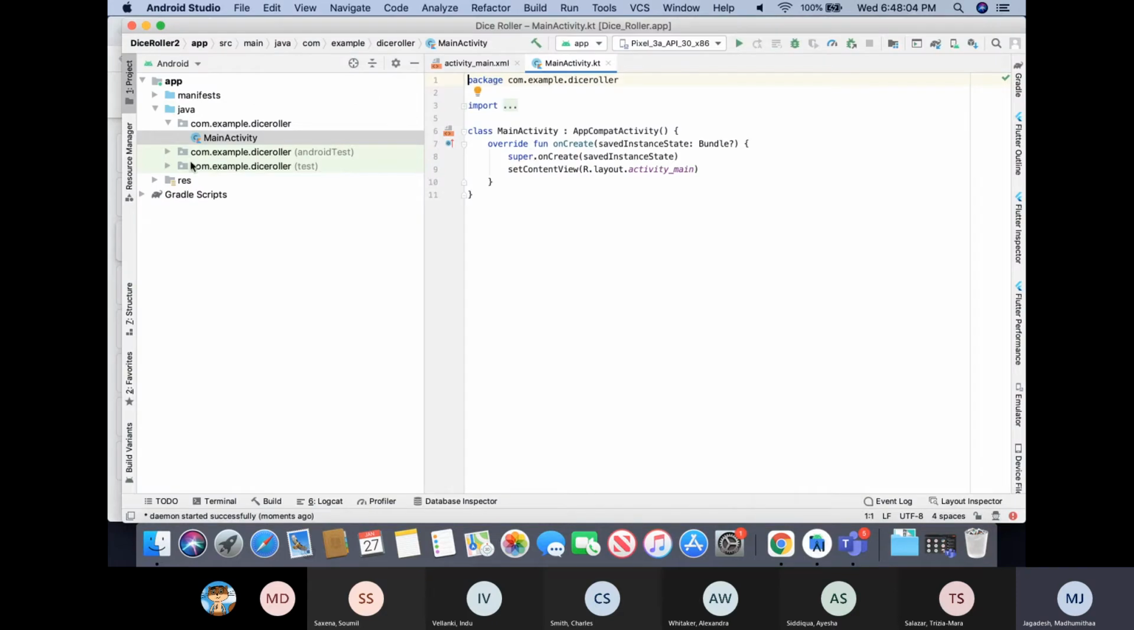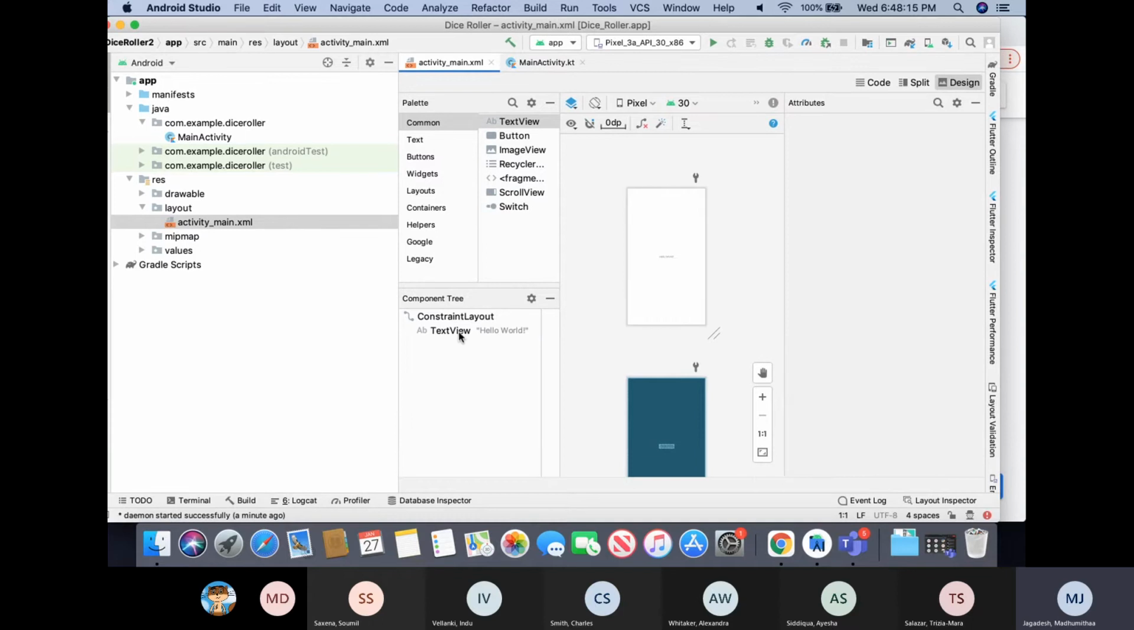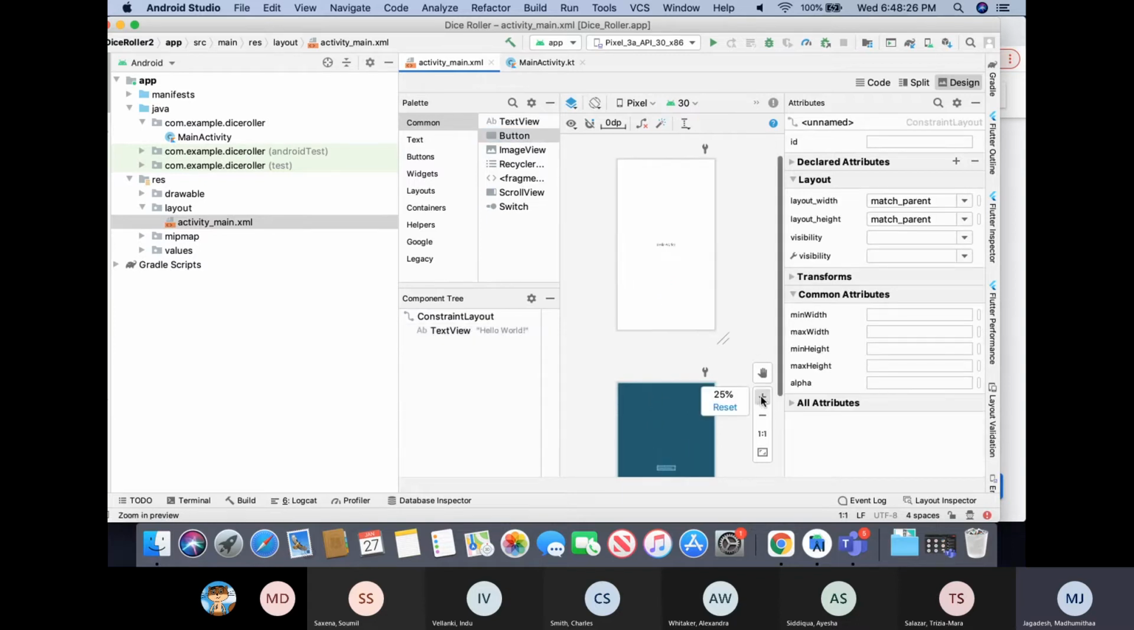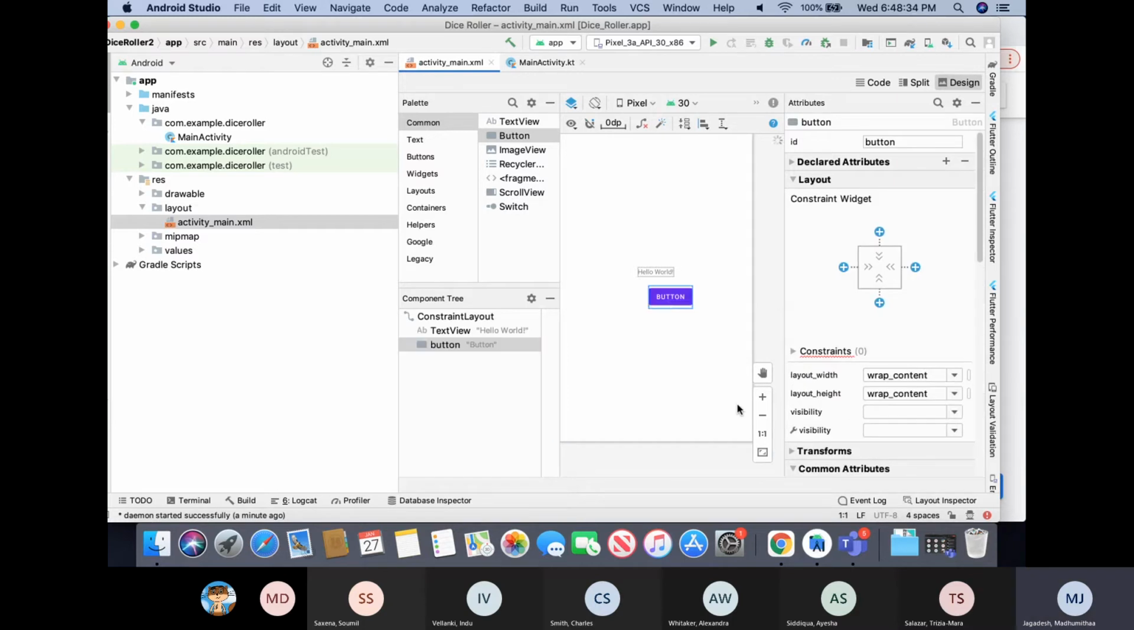So let's see if it's up. Yes, it is. So if I go to res, layout, activity main, it brings up our layout editor. And so you can see here the button, and let's zoom in on this a bit. I can drag the button over and place it under. And that's when they're saying it's not constrained. So if I reposition a little bit and then drag it up,